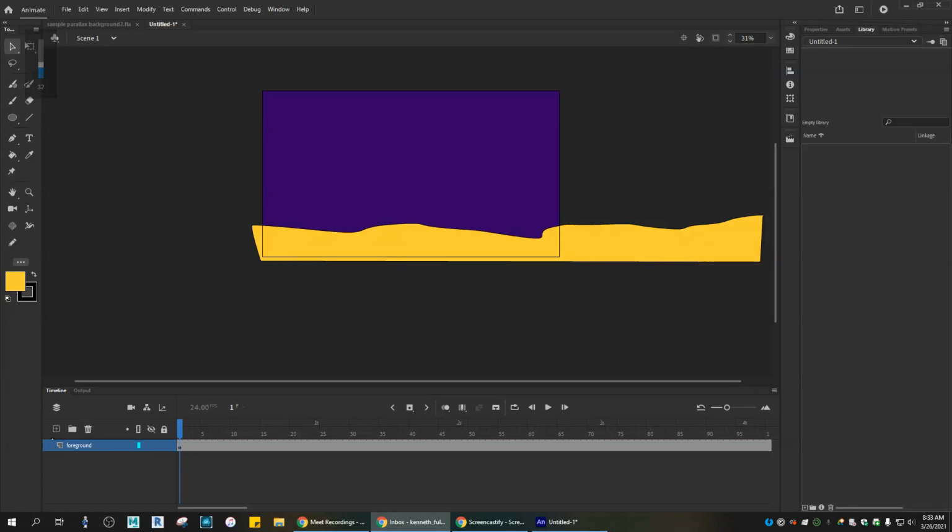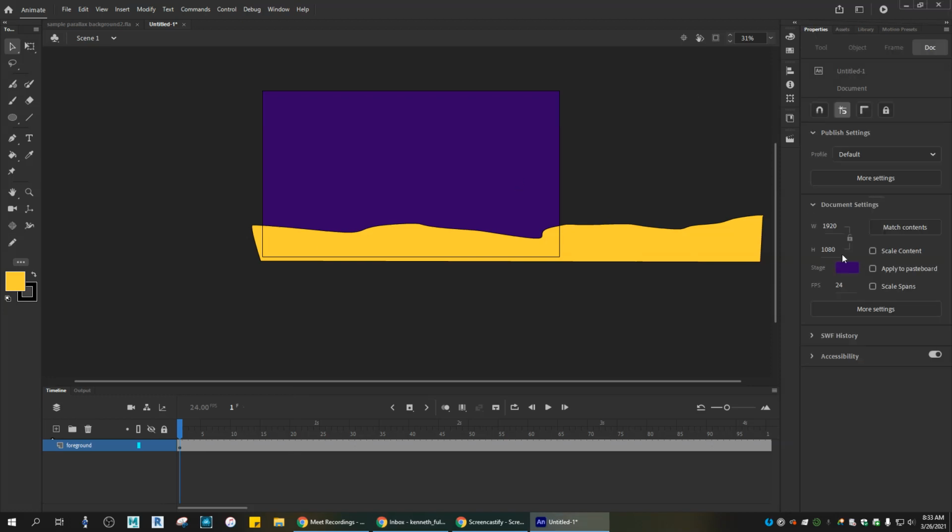Hey guys, I'm gonna do a quick tutorial here, a little add-on to something you might add on to a background or a scrolling background. So here we go. All I have right here is basically a stage with the color set to it, kind of a nighttime type color, and I've got a foreground kind of drawn out just using a pen tool, kind of inspired by a recent trip out to the desert, and